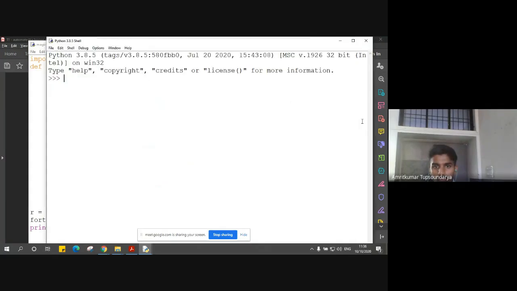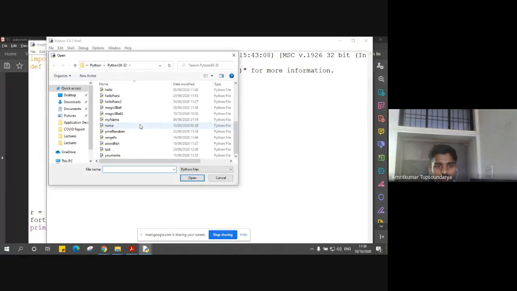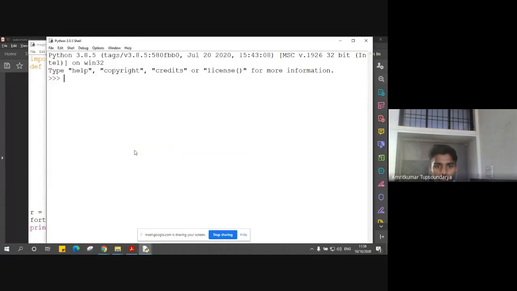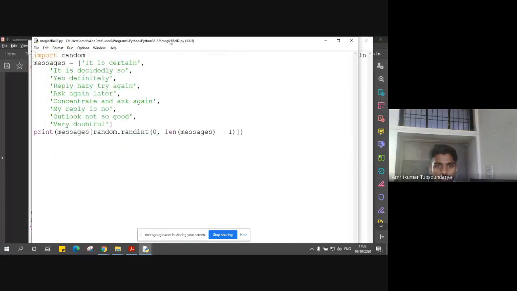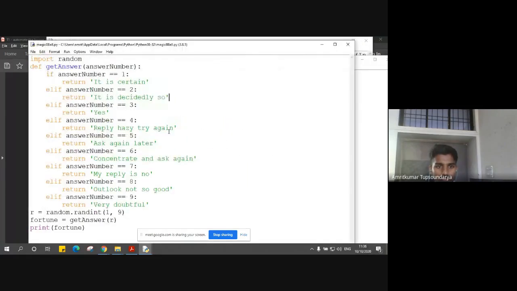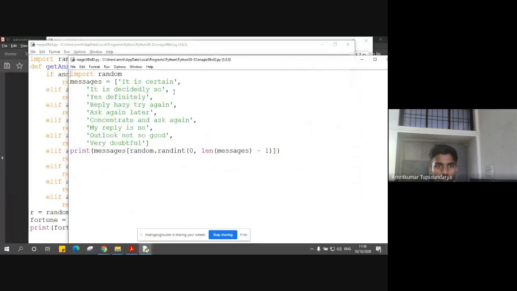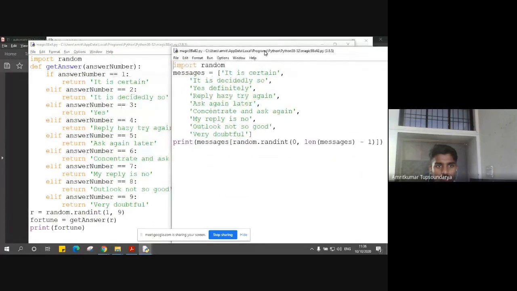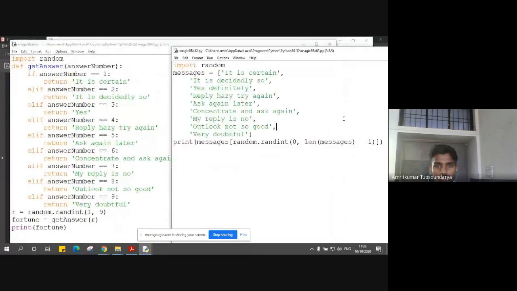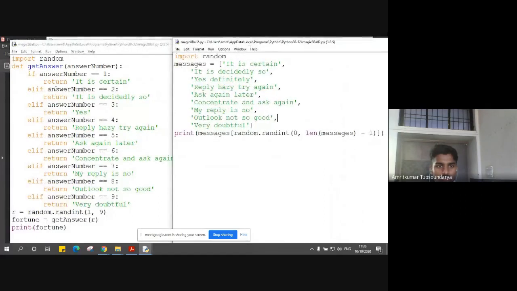So let me open the program, the same magic 8-ball program with the help of a list. Now you can clearly see how my code has been reduced, right? So this is my previous code.